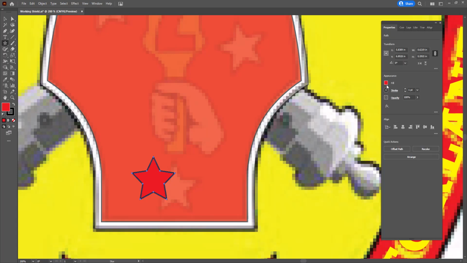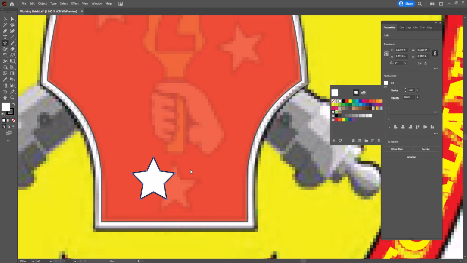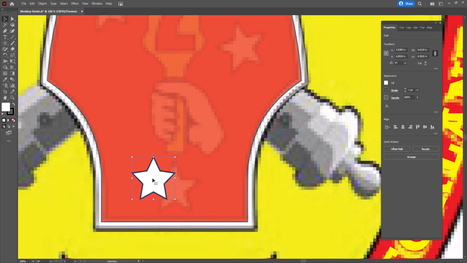It's white, so let's change the color to white. And we will then move it over here. It's at the intersection, and it's about the shape and size we want. Can make it a little bigger if we will. If we hold our Shift key down, we can lock in the proportion, so kind of make the proportion look